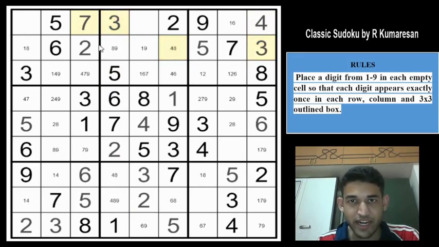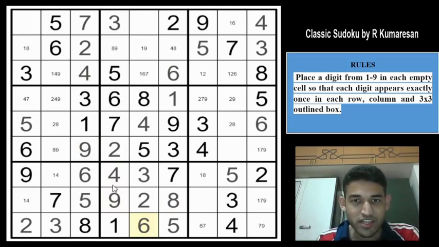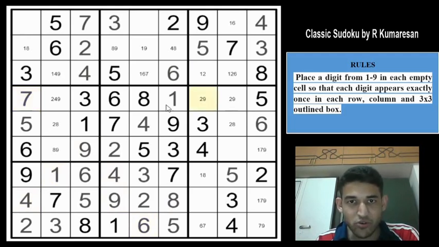So we can remove the highlighting from these cells. So because of the 7 we get a 9 here, and that 9 gives a 4 here, a 6 here, an 8 here, a 4 here, a 9 here, and 6 here. We are completely bringing the curtains down on the Sudoku now. This 4 gives a 1 here, a 4 here, a 7 here, and this is not a 7 now. So this will be a 2, 9 which gives a 4 here, and this is a 9, so this is 8. This is a 2 which gives an 8 here, and the only possible digit left in column 2 is 9, right?